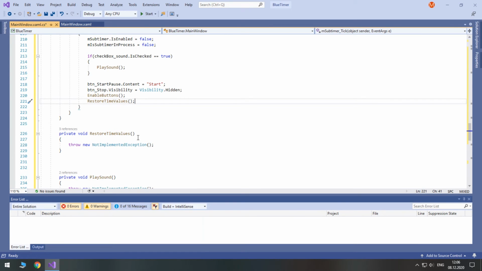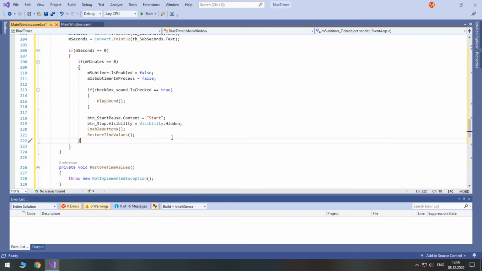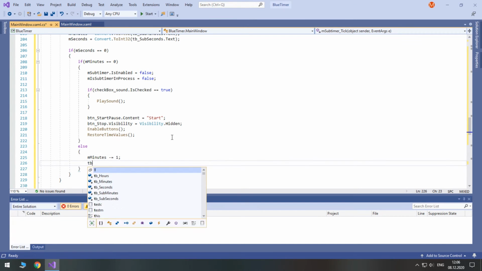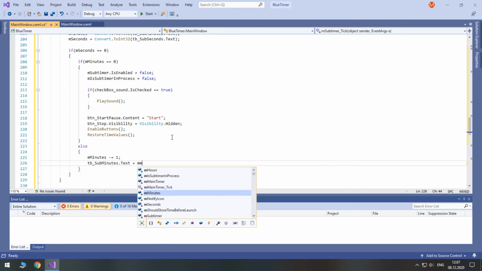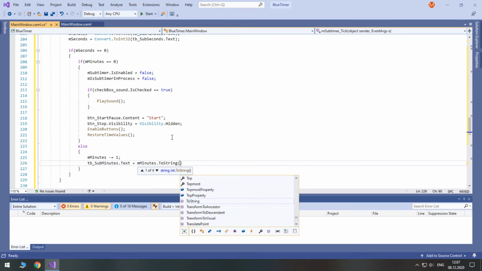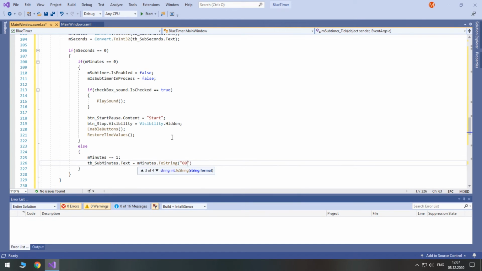But if minutes aren't equal to 0, we decrease them by 1. In any case, we check if the subtimer is working.